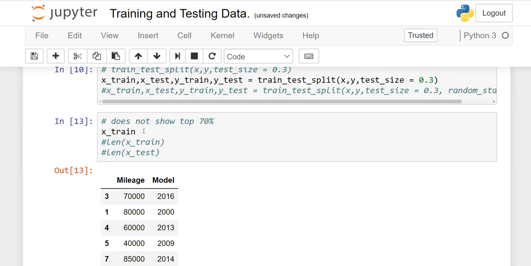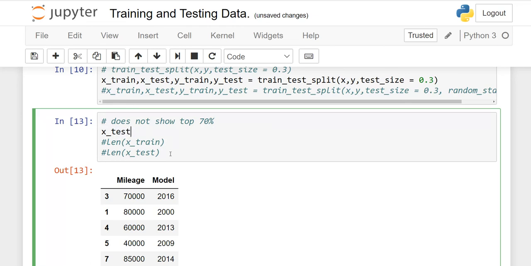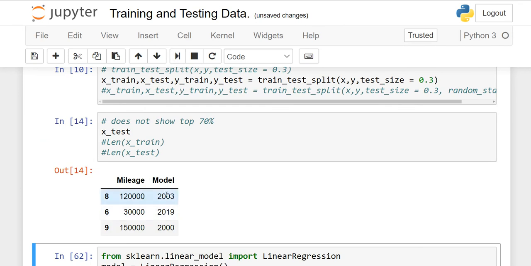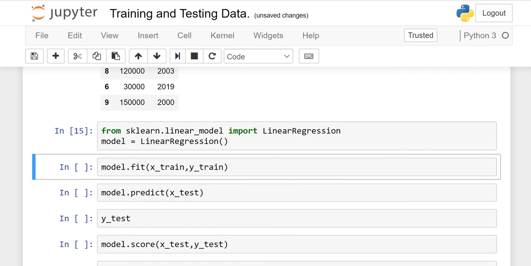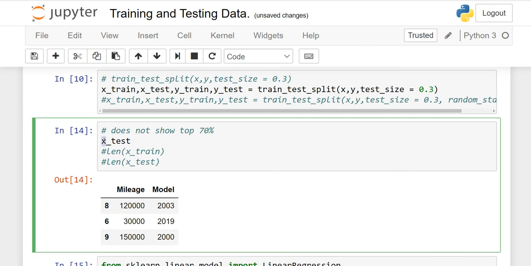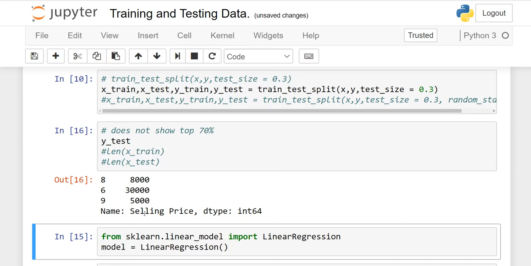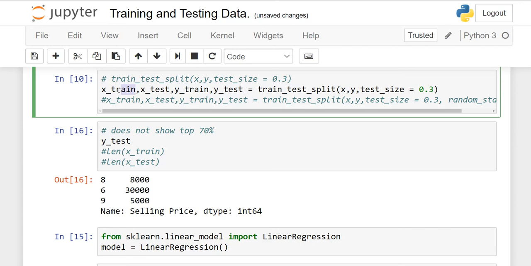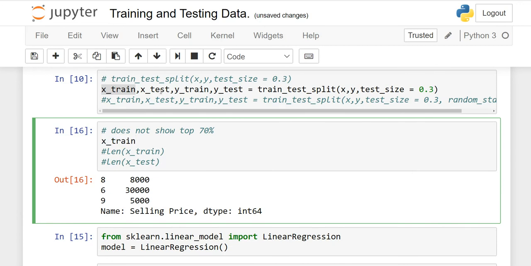Okay, now this is test. This is the test data. See, in test data, we have three random numbers, not the bottom, not the top one, but three random numbers. Same thing for y_train or y_test. If I make it y_test, you can try y_train. This is your homework. So you will see three random numbers here, right? Every time I execute it, the numbers will change because it does not show the top three or bottom. It will show only random seven numbers or random three numbers here, right?